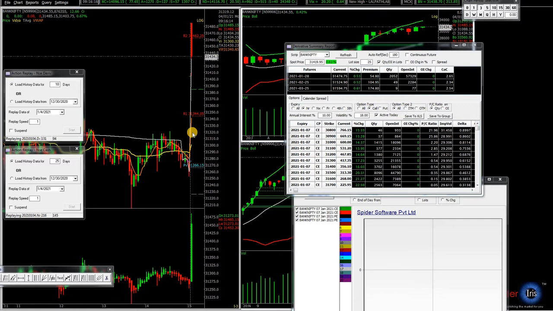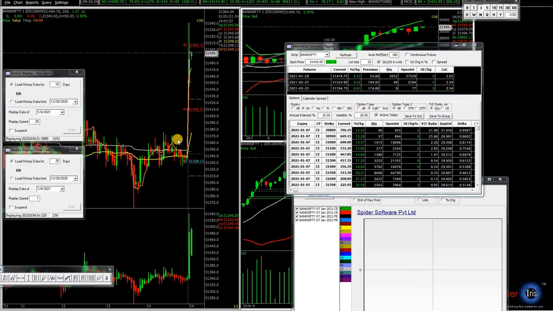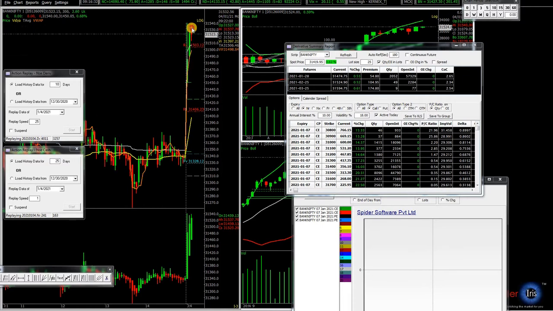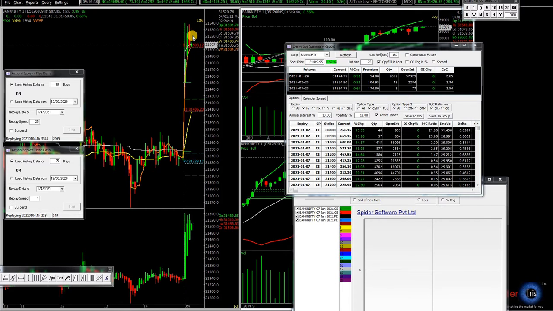The market started, people started participating. We'll wait till 9:25. We will increase the speed of the derivatives to 9:25 so that at least a few trades can be done, and we can understand the participation and OI levels after 9:25. Data came till 9:22, now 9:23, 9:24, 9:25. I'm suspending it and keeping it at 1. Now the data got generated. The market opened at 31,440, and in the future it went high. So now it's 9:25.